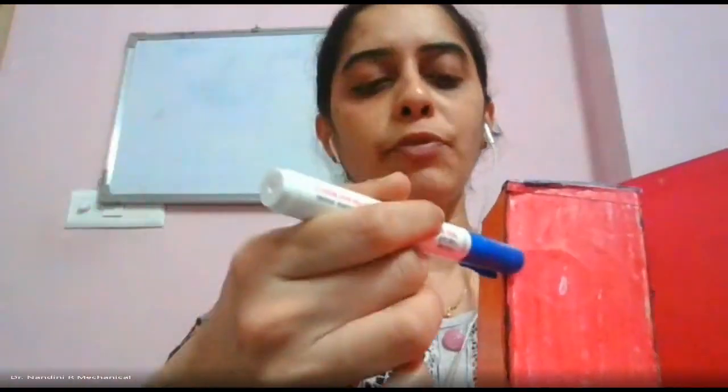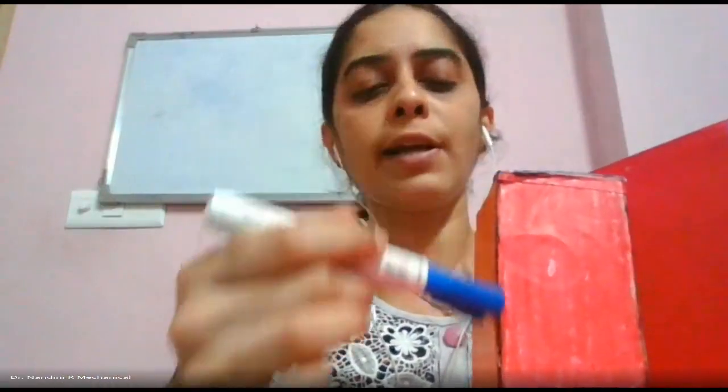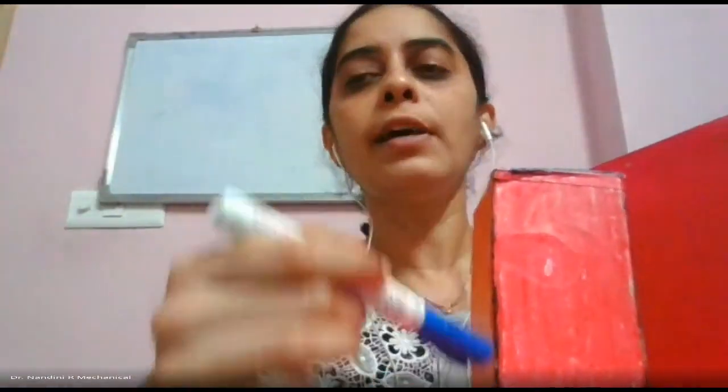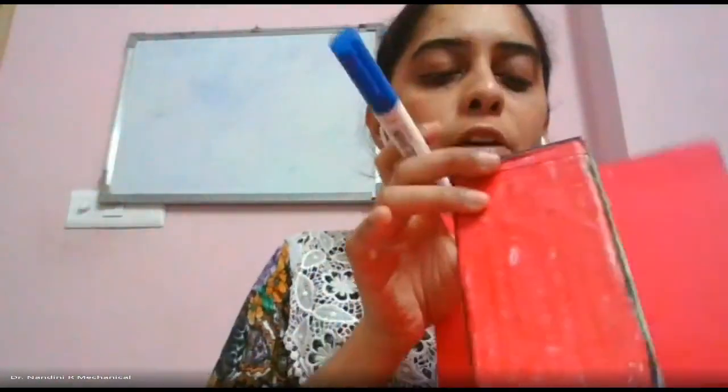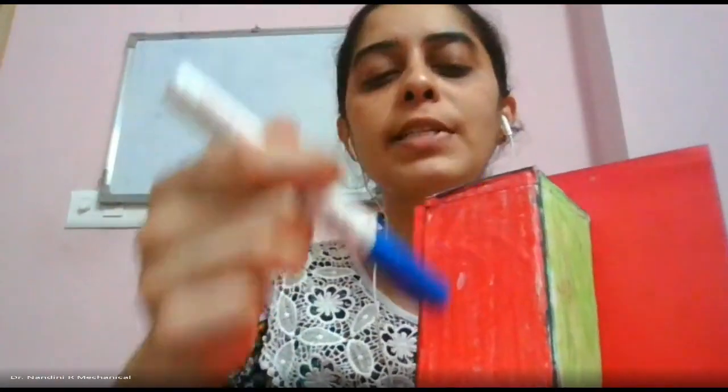So when you view from the front, you will have a front view of a rectangle. Instead of the axis, you will show a continuous line because the axis will be overlapped with the longer edge. But in case it is resting on one of its sides, you will show the axis. Why? Because the axis will be visible when you view from the front, from the top to the bottom. That you have to remember.